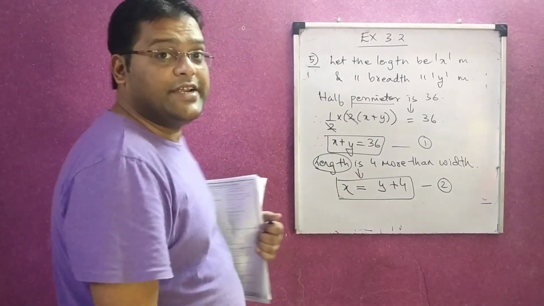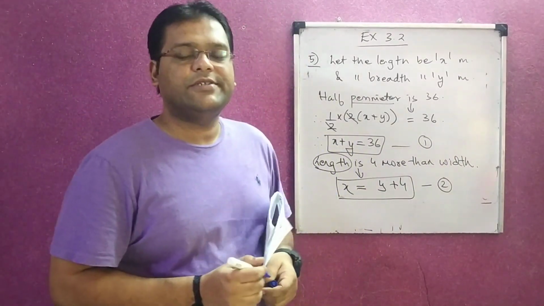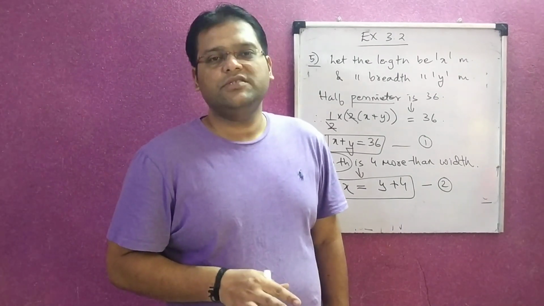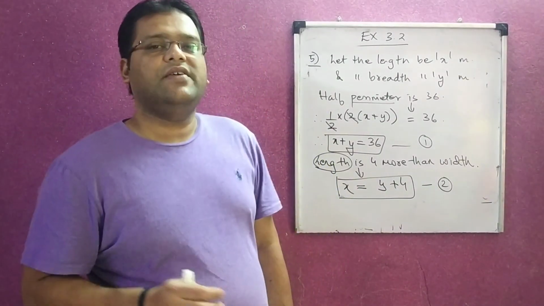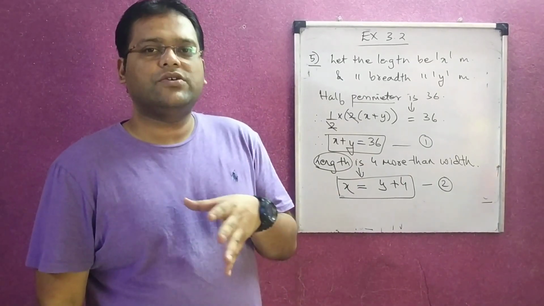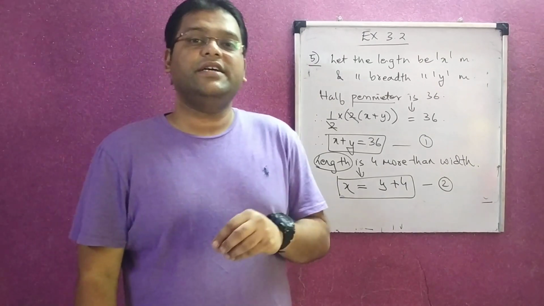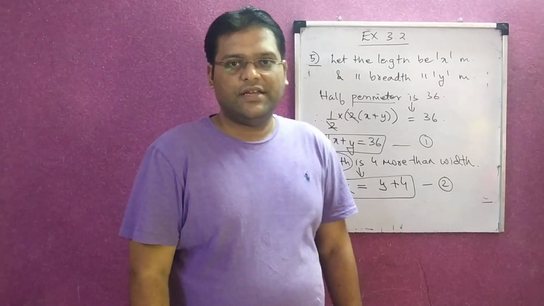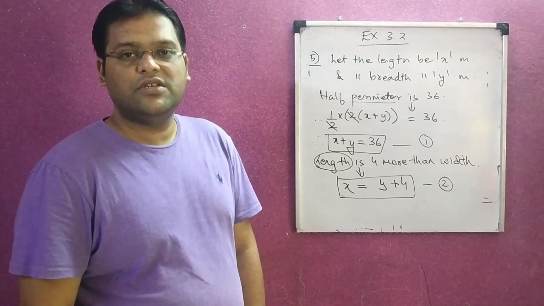Right now we know only one method to find dimensions, that is the graphical method. As we had done the graphs in question number 1, in the same way you have to plot the points and then draw the graph, and wherever they intersect, that is going to be the solution.